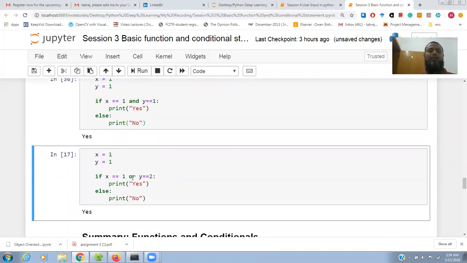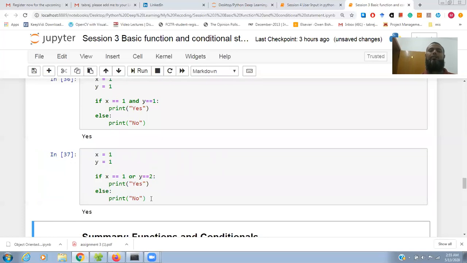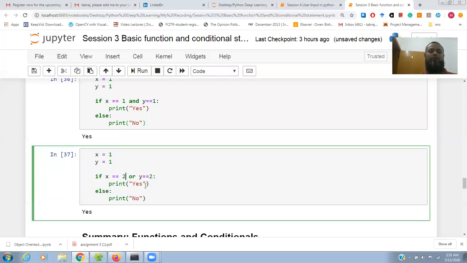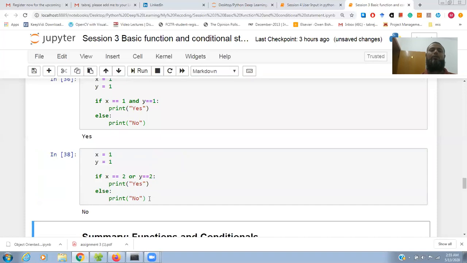But in an OR case, it will check only one statement. In the OR case, if one is true, then it will print yes. It is not necessary to check both. If both are wrong, it will automatically go to no.